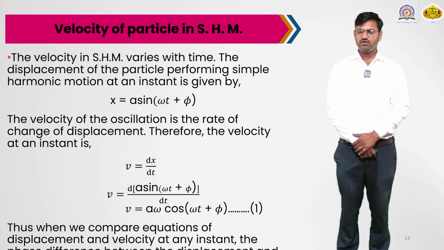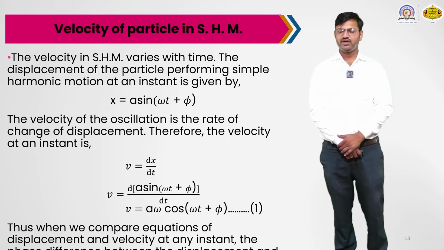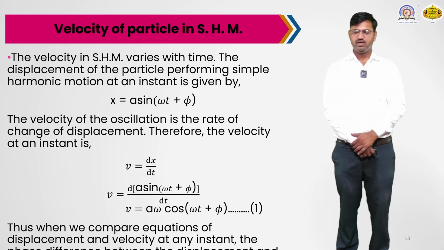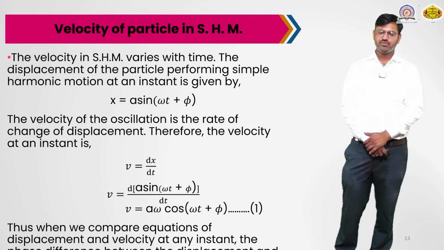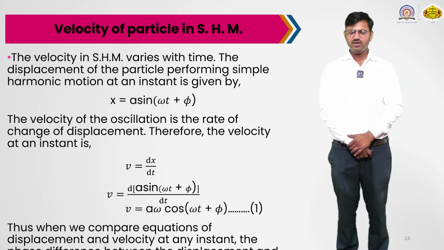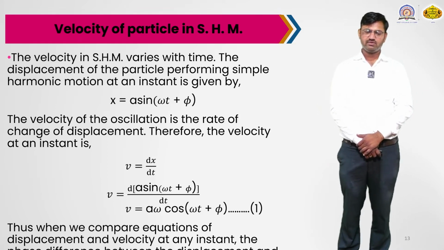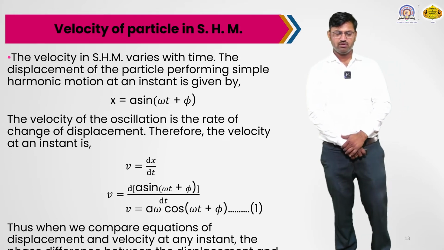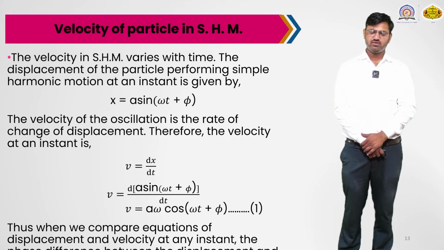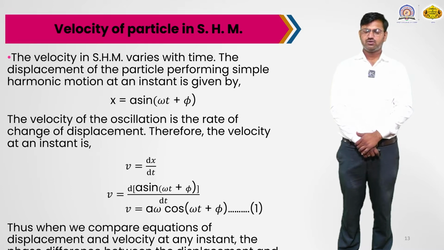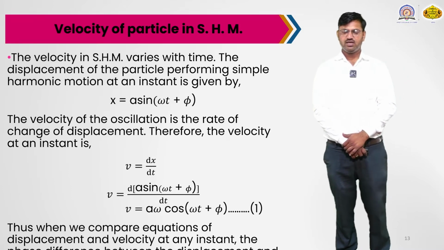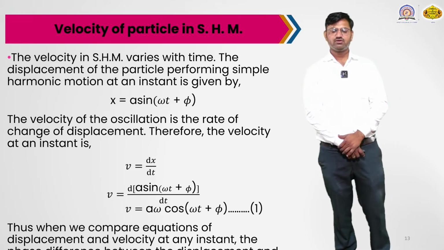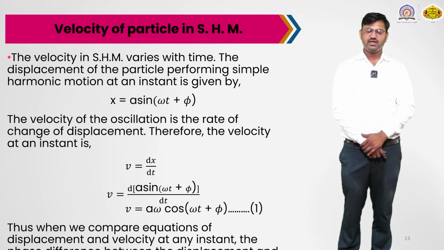The derivative of sin(omega t plus phi) is cos(omega t plus phi). Then the derivative of omega t: omega is a constant, so it comes out of the derivative. Then dt upon dt is 1, plus the derivative of phi, which is a constant, and the derivative of a constant is 0. Therefore, v is equal to a omega cos(omega t plus phi). Thus, when we compare the equations of displacement and velocity at any instant,